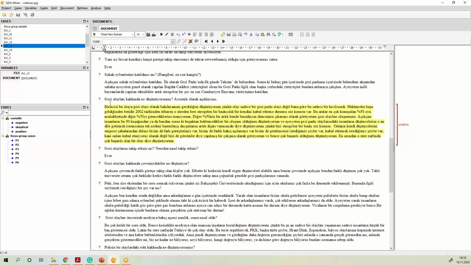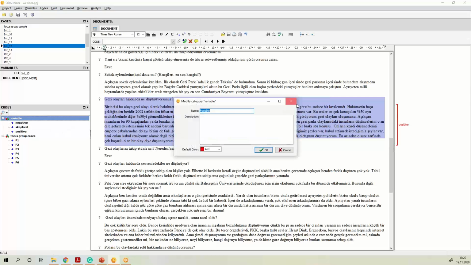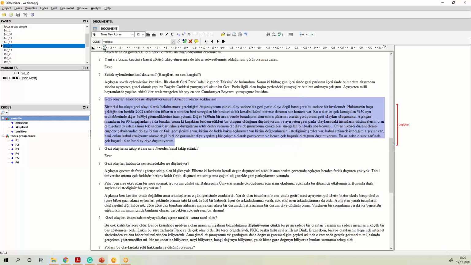So if I only want to focus on one question and the answer to that question, the kind of data reorganization I can do is code the answers to this question. It could be the name of the question here. I can just add it and write the name of the question, and in fact I could code all the answers to the one question to one code, but to do two things at the same time,